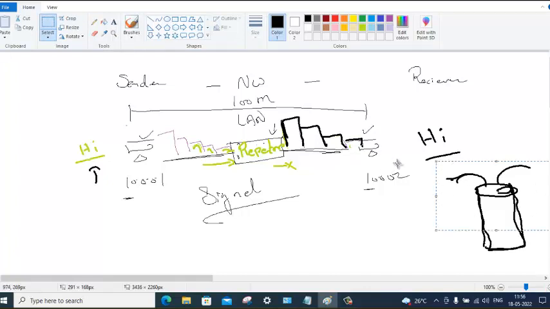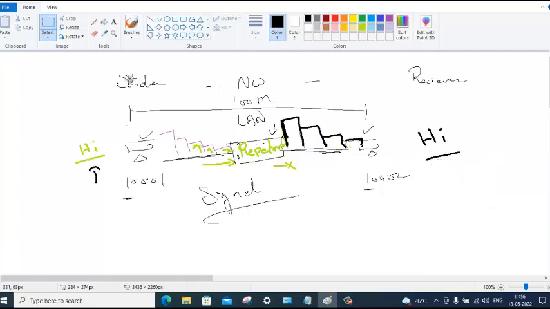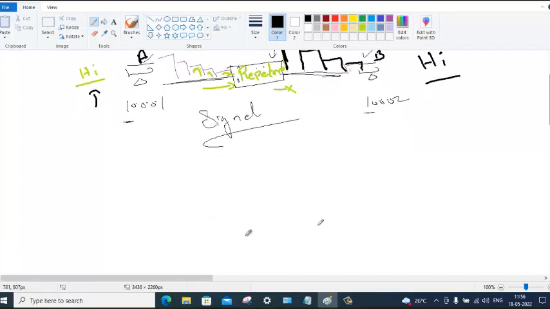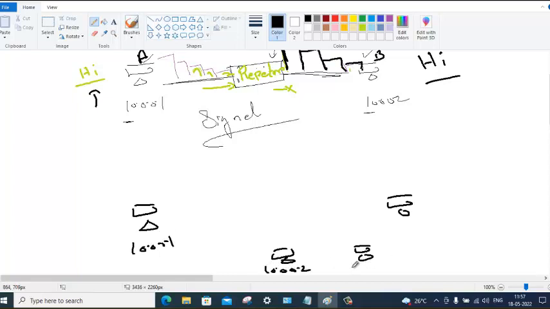Fine. So, a repeater has got two ports. So you can only connect two devices, A and B. If I want to have more LAN devices, 10.0.0.1, 10.0.0.2, the repeater cannot support me. Why?